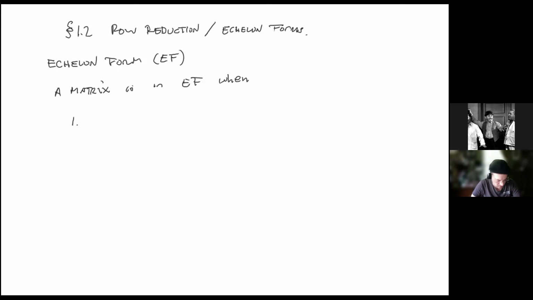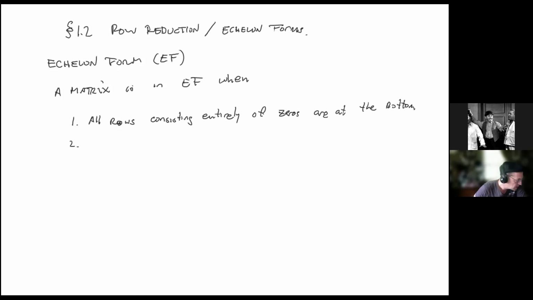The first is that all rows consisting entirely of zeros are at the bottom. In other words, if you have a row consisting entirely of zeros, then every row below it consists entirely of zeros. Okay, the second condition